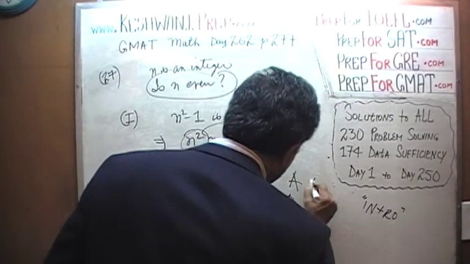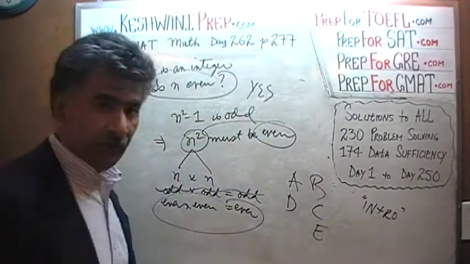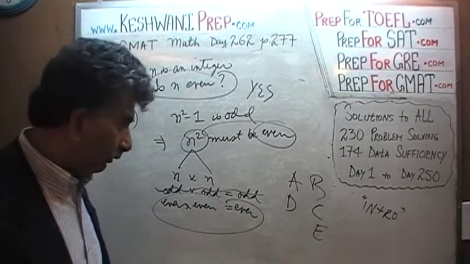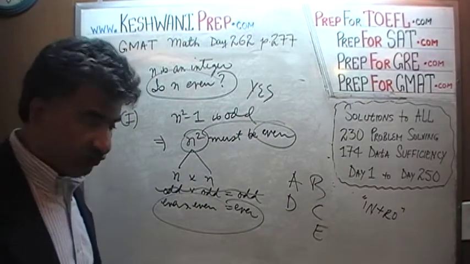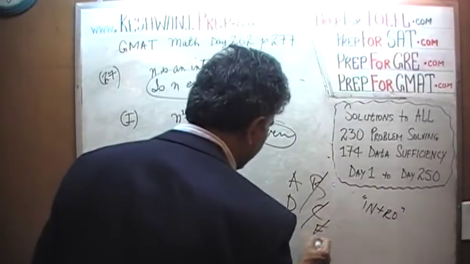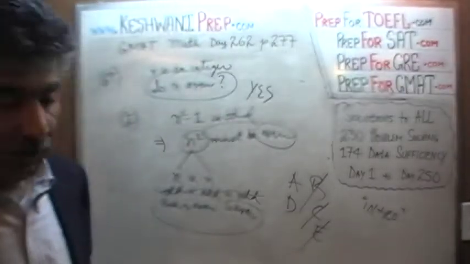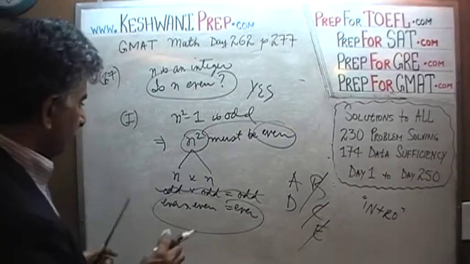A, D, B, C, E. Because we have enough information to be able to answer the question, the first statement is sufficient. The answer cannot be B, C, or E. The answer would have to be either A or D. Now listen, before we go to the next statement,